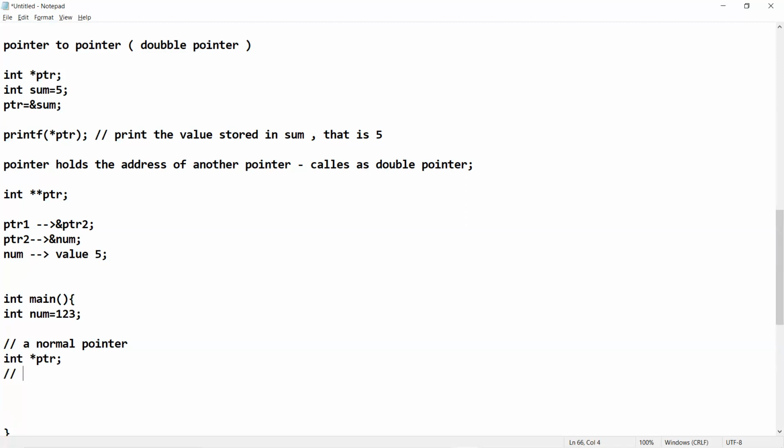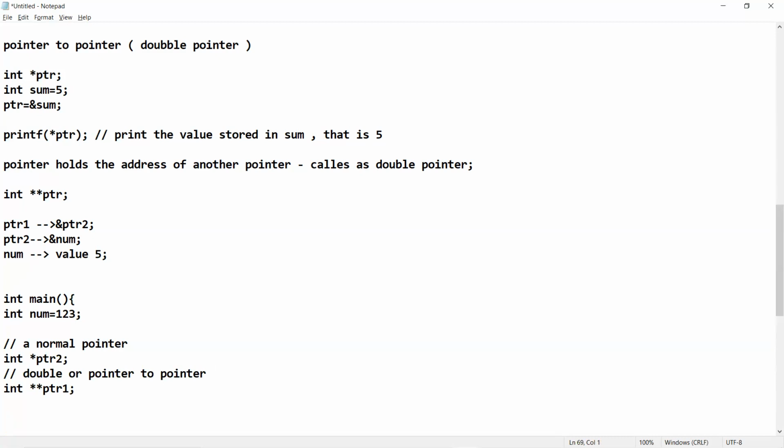This is a double pointer, or a pointer to pointer, int **ptr1. So it's ptr1, and just assume it's ptr2. It's an ordinary pointer, and it's a double pointer.